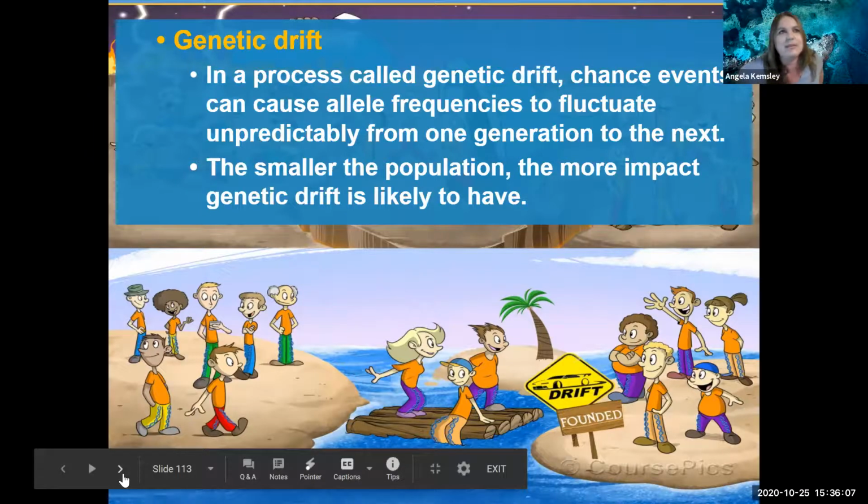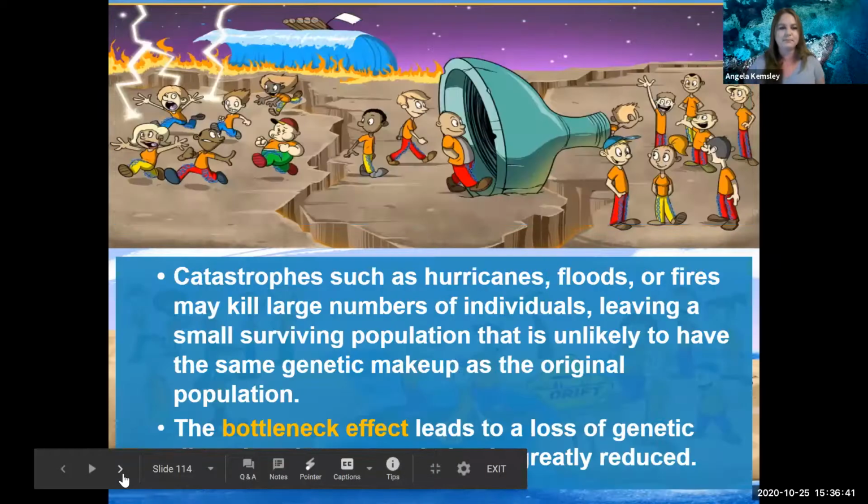I always tell people to think about sample size when you're looking at any kind of statistic. If 2 individuals are going to get this disease, out of a population of 7 billion, 2 individuals isn't really going to change that population of 7 billion. But if we're looking at a population of 10 individuals, 2 individuals getting this illness out of 10, that's a big deal. So genetic drift affects small populations much more.